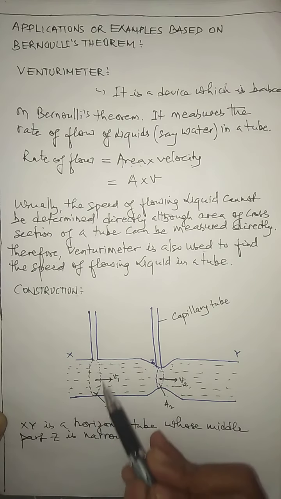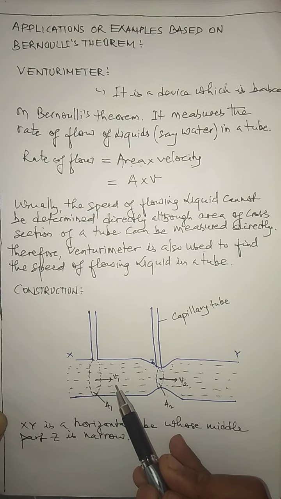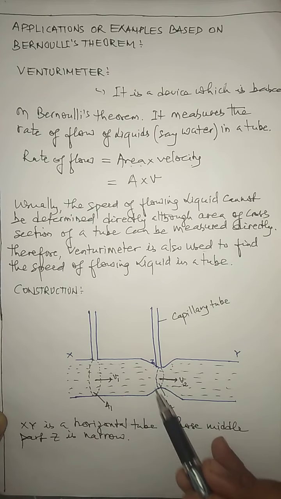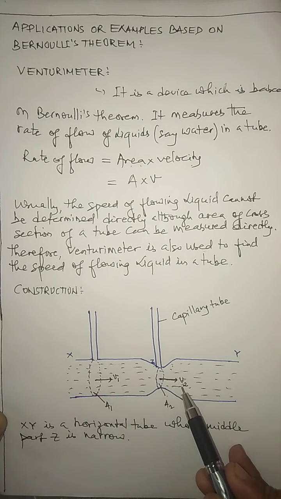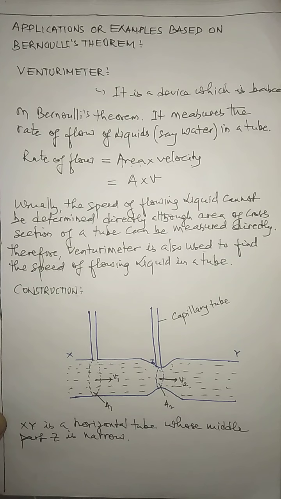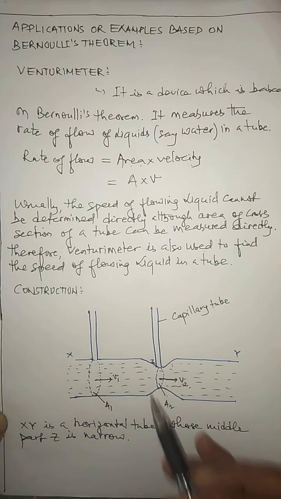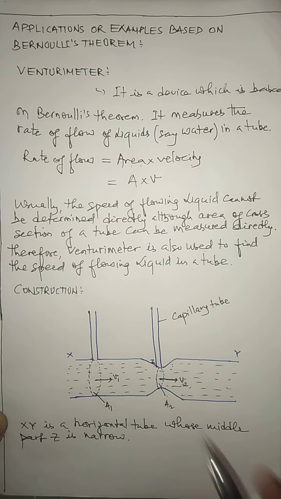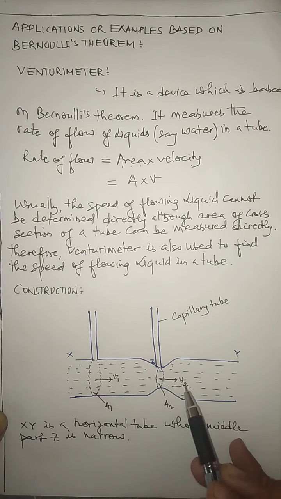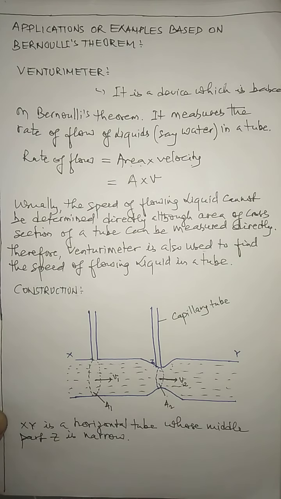This is the larger cross section, so the liquid flows with a smaller speed. This is the smaller cross section, where the liquid flows with more speed. So, in order to maintain the same rate of flow in every cross section of the tube, listen carefully, the liquid flows with different speeds. That's why you can see the liquid flows with different speeds in different cross section areas. And this is actually according to the principle of continuity also.